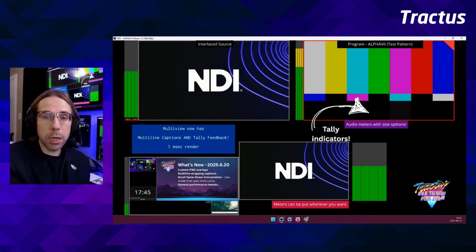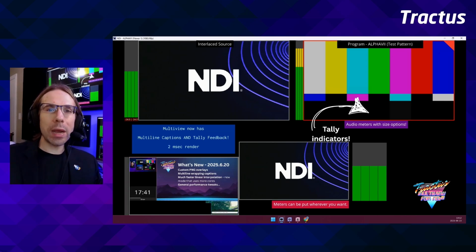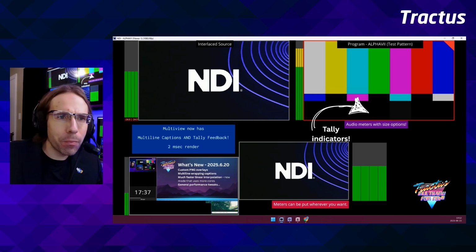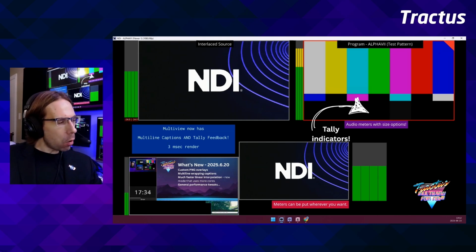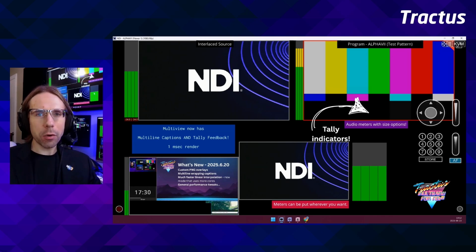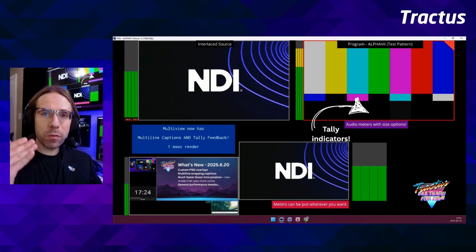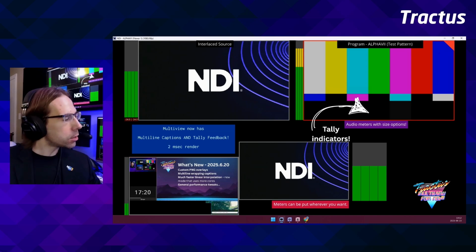Some people like horizontal audio meters. Some people like vertical audio meters. I don't want to force the way that I do my work on you. I want to leave as much flexibility as reasonably possible, while keeping in mind that any of these decisions in some way are going to influence the way that you do your work if you're using Multiview for NDI. So that's been one of my design principles. I tried not to force my way of thinking onto your way of thinking. So we're keeping Multiview as flexible as we can.